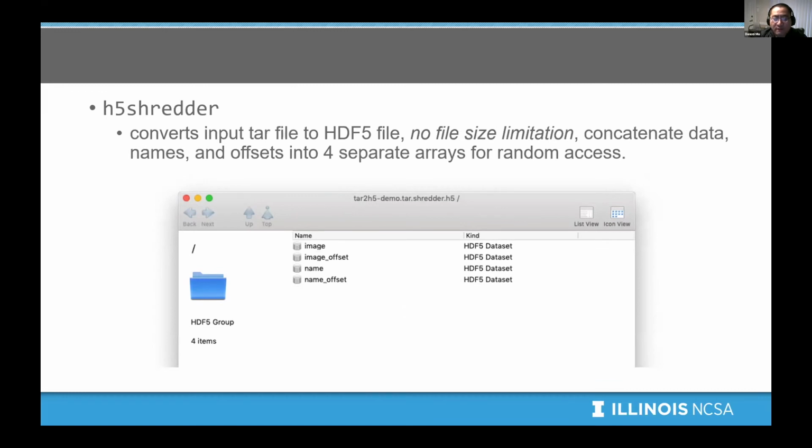And then for the files that are larger than 64 KB, we have an H5 shredder, which converts the input tar files into HDF5. For this one, we do not have any file size limitation. We concatenate file names, the offset, and its data into four separate arrays for random access, which is also shown within this image. We have the image, which saves all the image raw data, and the image offset